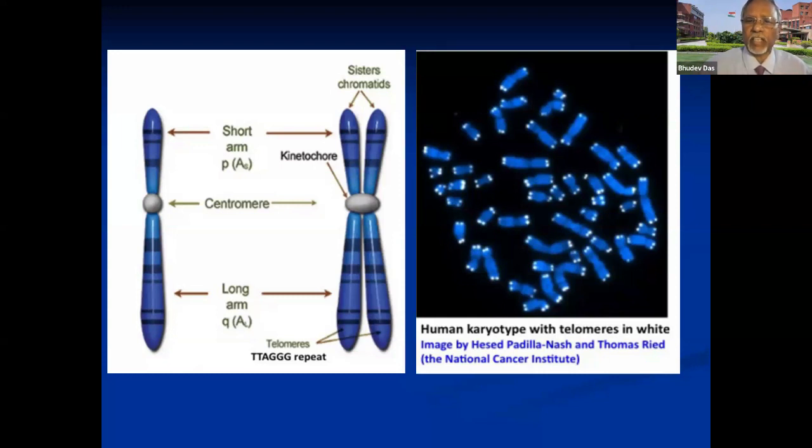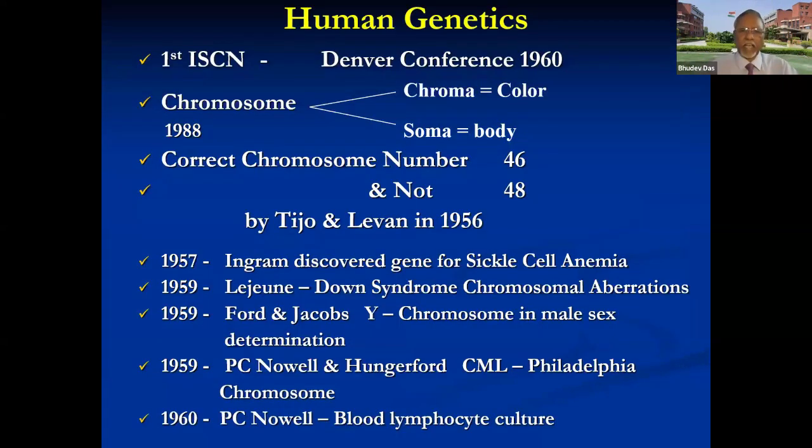Beautifully, it is seen that on each chromatid the tip, the telomere staining, is seen. The ISCN, the Denver Conference in 1960, was initiated at that time. They said that chromosome, chroma means color and soma means body, is a colored body when you stain with a particular stain which is taken up by the chromatin. The correct chromosome number was decided at that time as 46, not 48 as earlier reported by Tjio and Levan in 1956. And these are some of the catalog that the